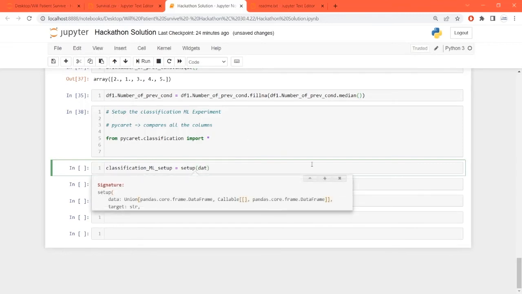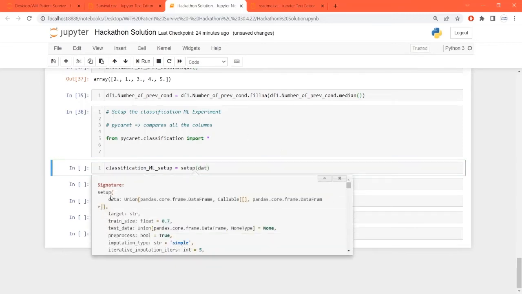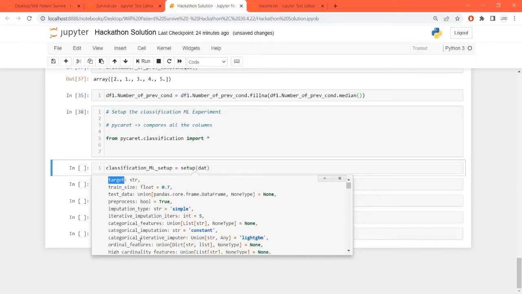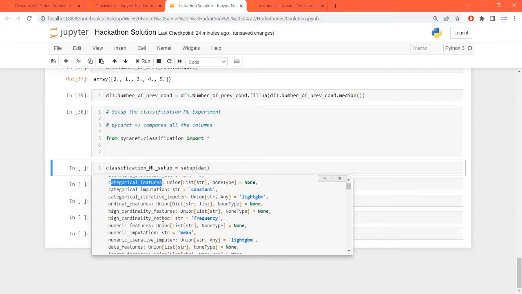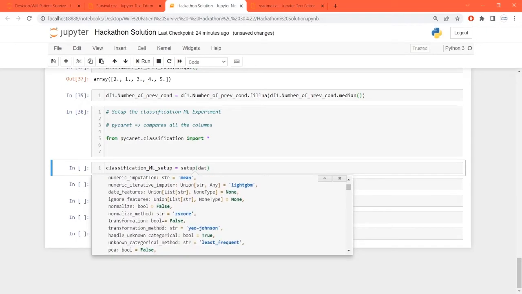From there, we also have a setup function where we are going to pass the data. The set of parameters that we have here are data and target column name. So the name you have to pass over here. On this data frame, it will automatically identify the target column. You need to have your categorical features also, that is all the names you're looking forward to applying an ML model to.